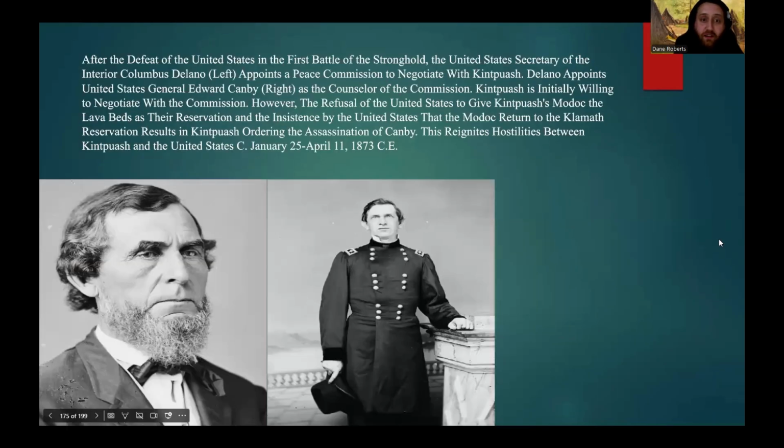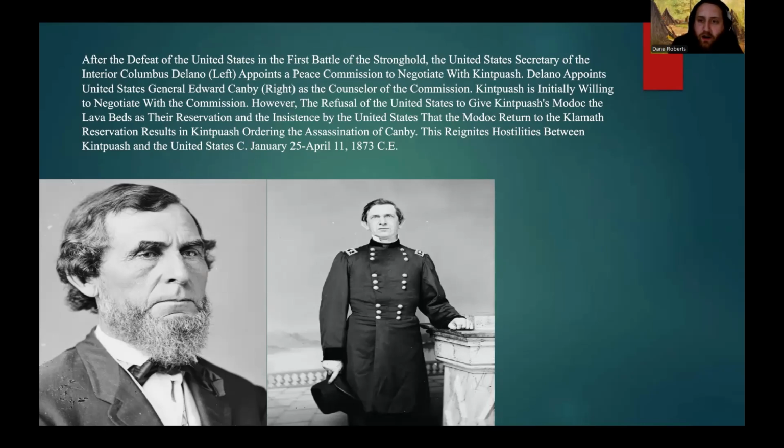After the defeat of the United States in the First Battle of the Stronghold, the United States Secretary of Interior, Columbus Delano, would appoint a peace commission to negotiate with Kent Puash. Delano would then go on to appoint United States General Edward Canby as the counselor of the commission. Kent Puash was initially willing to negotiate with the commission. However, the refusal of the United States to give